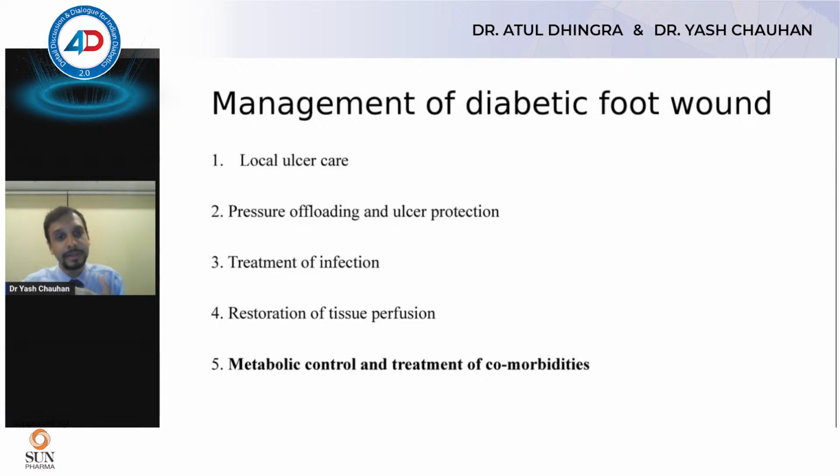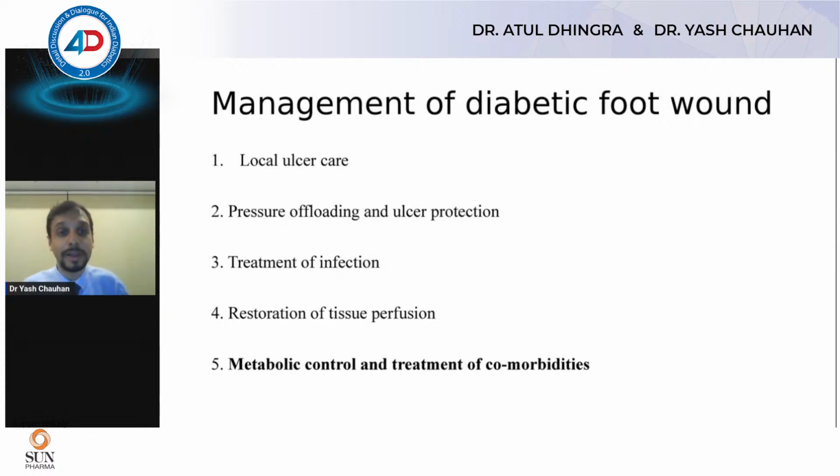So the first important thing is local ulcer care. There needs to be adequate hydration to that ulcer. We don't use betadine, so we often use hydrocolloids, and we can use debridement. So we do enzymatic debridement, we can do biological debridement. There are various modes of debridement, surgical debridement. So we often use debridase, which is an enzymatic debridement, and we use hydrocolloids for local ulcer care. Betadine is not advised for a diabetic foot wound, it can worsen the foot.